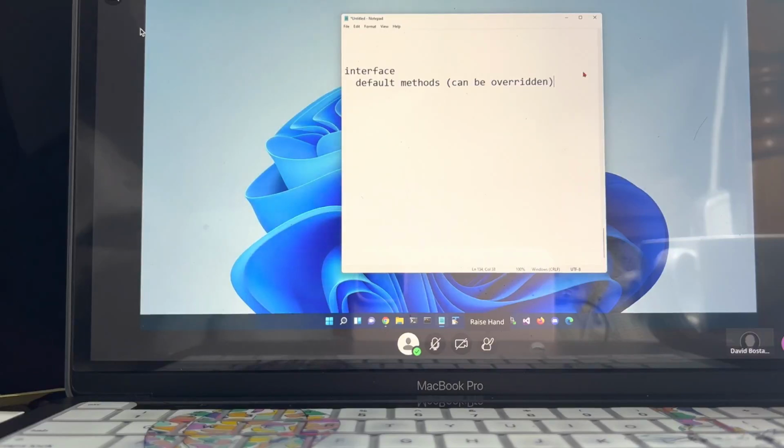I'm not going to look it up. And it can also have static methods, which can't be overridden. Anything that's not a default method or a static method is the original interface contract, just the standard contract.